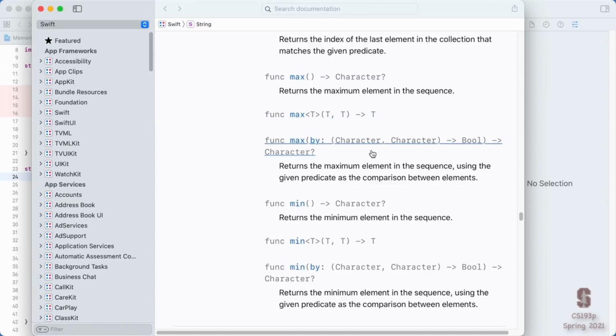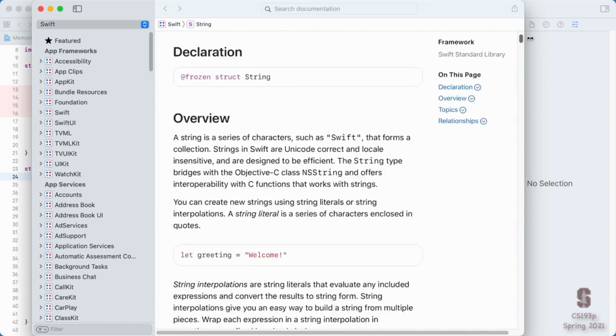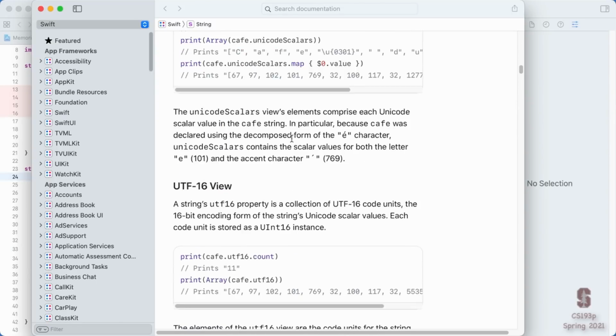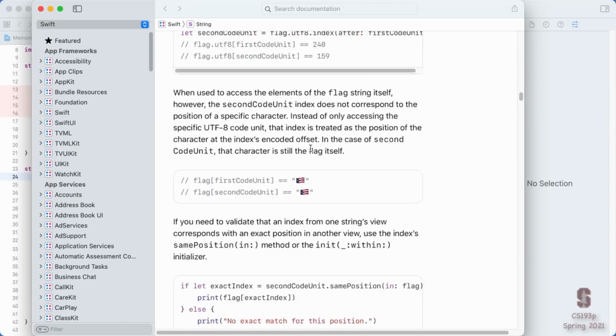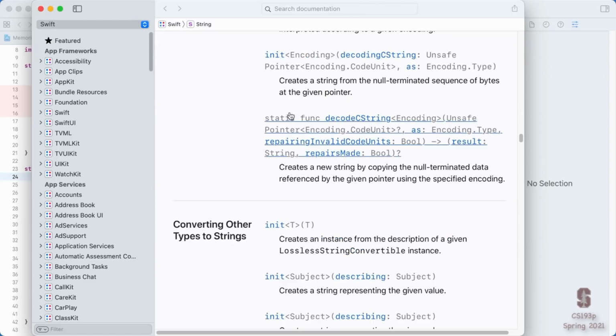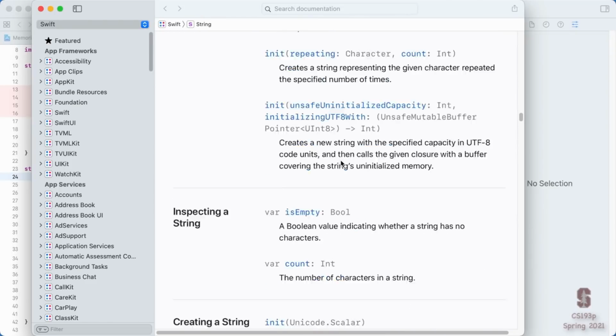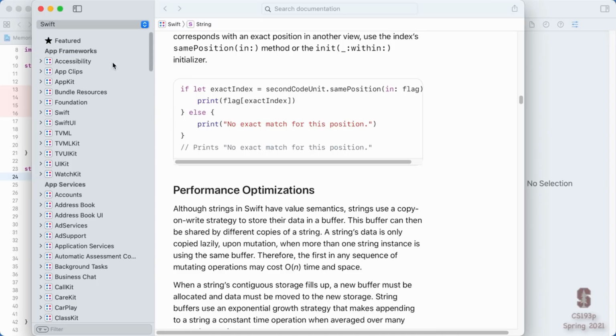And I try to make it so that you are going through this stuff as you learn this stuff. Asking you to go through the entire documentation and learn stuff would be a challenge, to say the least. It's very SwiftUI, obviously very expansive. But this is something you don't want to skimp on either. And when you get to important classes like string, and we're going to talk about array in a moment here, those are things where it's really good to read this introductory section right here. And past that, you're going to be searching through here a lot to find functions and variables that you're looking for. But eventually you will become a master of all of this stuff in the documentation.